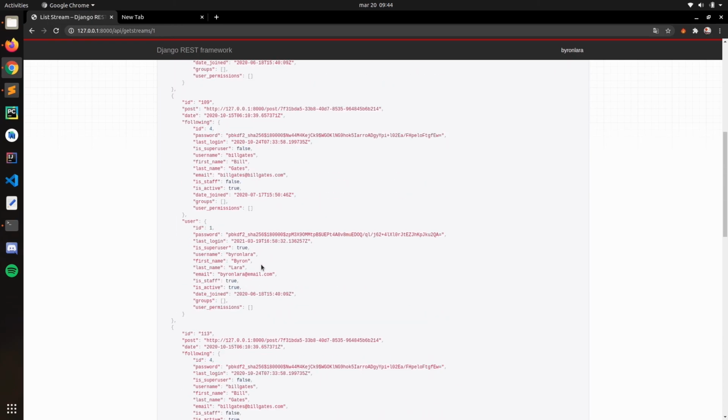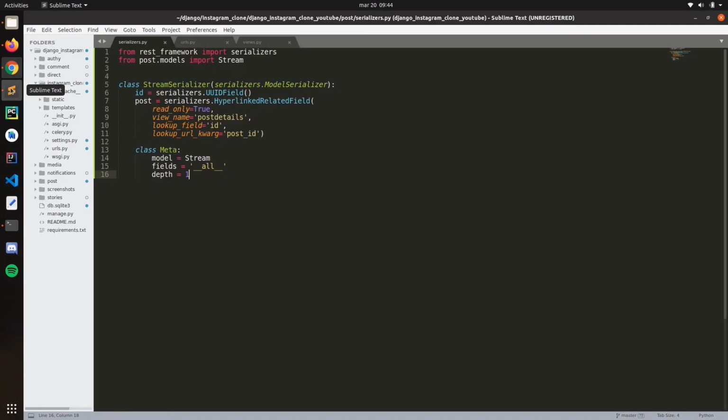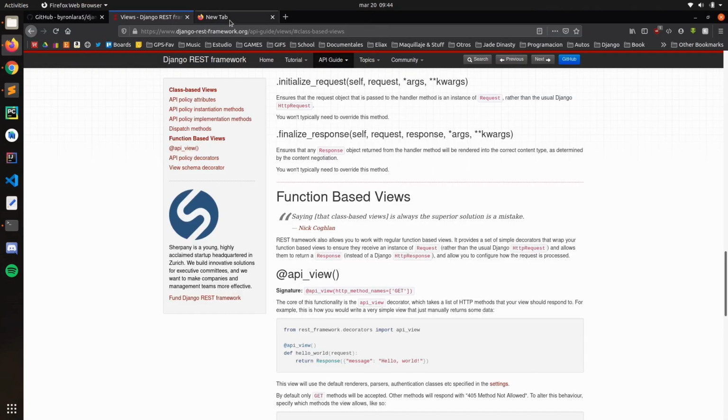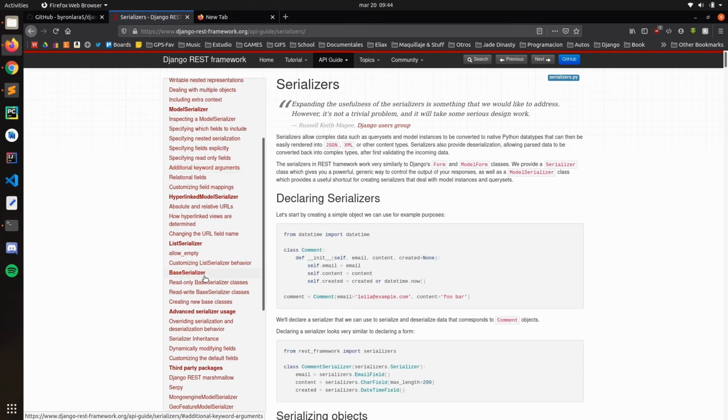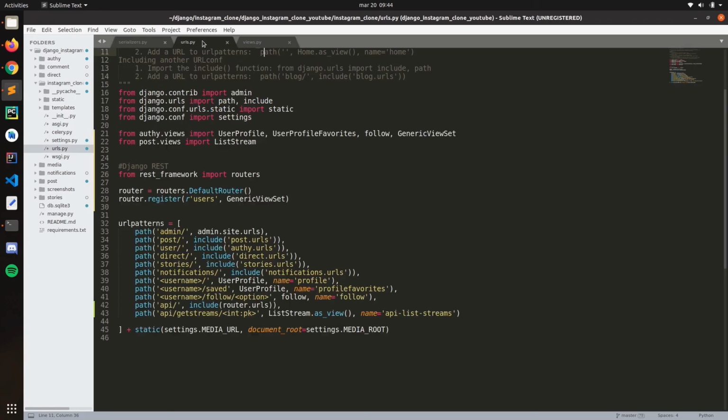But yeah, this is for the model serializer, right? This is how you can do it. There is another one, there is another one called Serializers. This is the Hyperlink Serializer. So this one will be